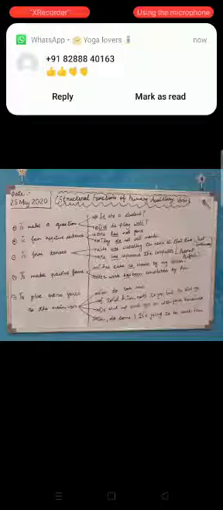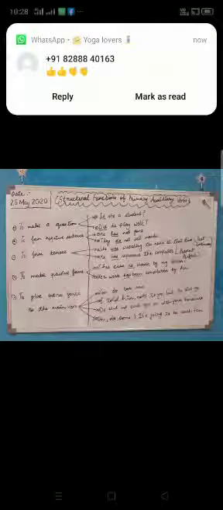Firstly, primary auxiliary verbs are used to make a question. Let us see an example. Is she a student? Did he play well? So, as you can see, how necessary the primary auxiliary verbs are to make a question. Second, to form negative sentences. If you want to make a negative sentence, then you will have to use primary auxiliary verbs. Let us see. He has not gone. They do not sell masks.